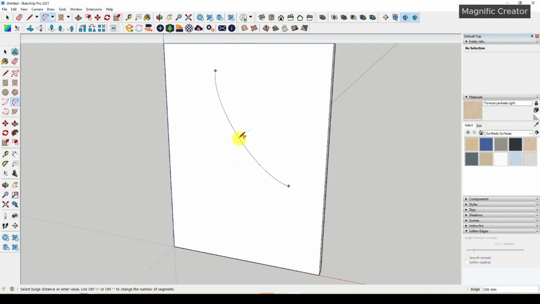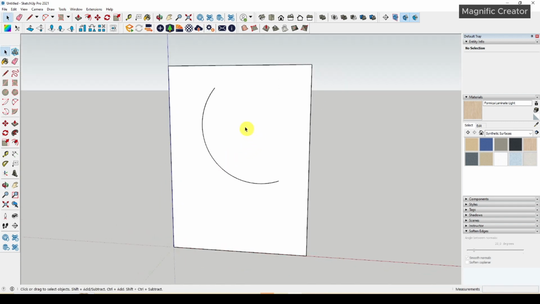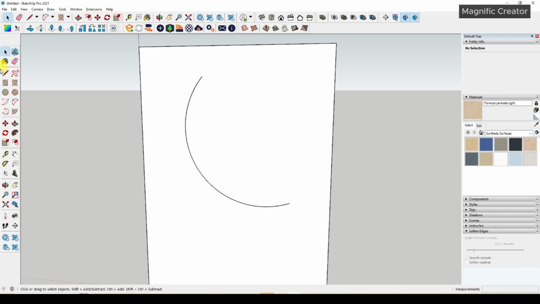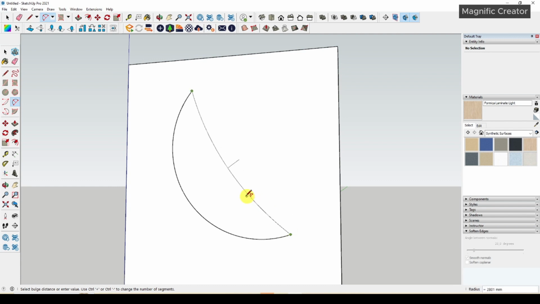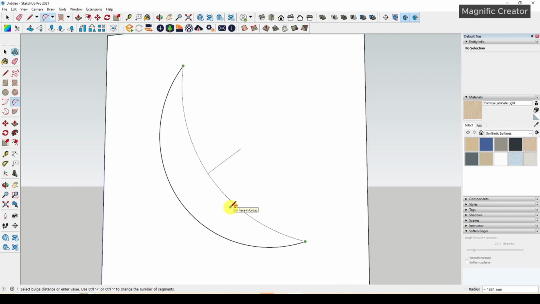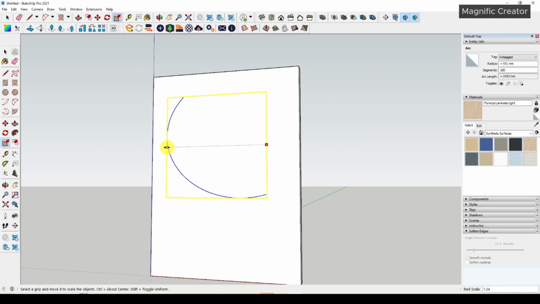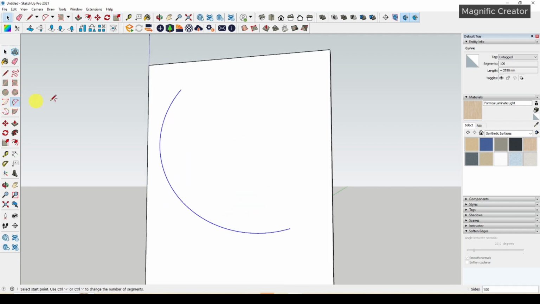And then you have to adjust the curve of the moon shape. You can double it with a 2-point arc again like this. You can position it on the first node and the second node right here. Then you can set the moon shape until you get a perfect shape. I think it should be larger than before to get